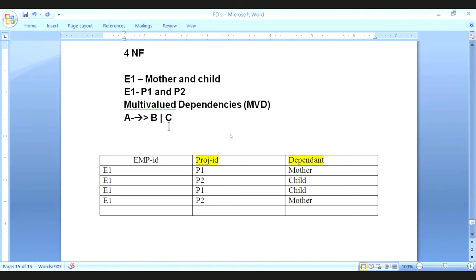So A, B, C are the 3 attributes present in the table. B and C are independent of each other. If there are other attributes, we could have written like this: again, another straight line, and then we could have written B, C, D are independent of each other. So whatever attributes are there, A will multi-determine all such attributes, and B, C, D, E, whatever attributes are there, they will be independent of each other. So you can imagine this is a very rare scenario where every attribute except the first.